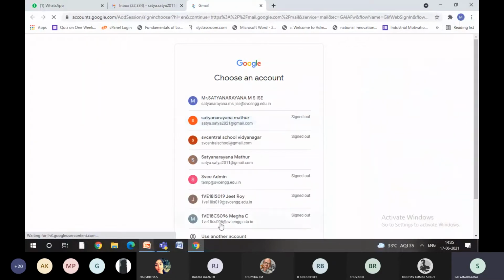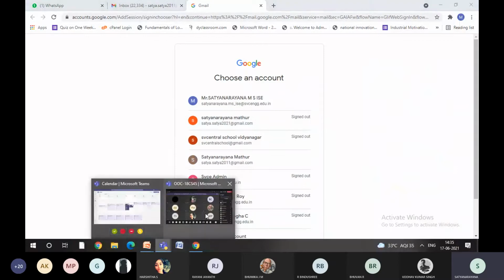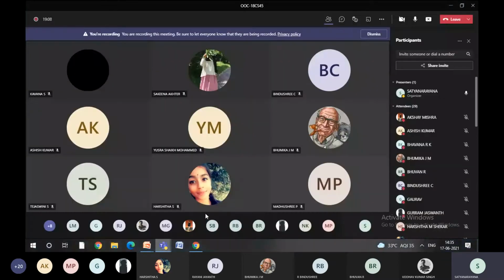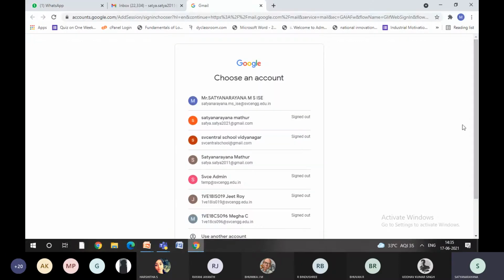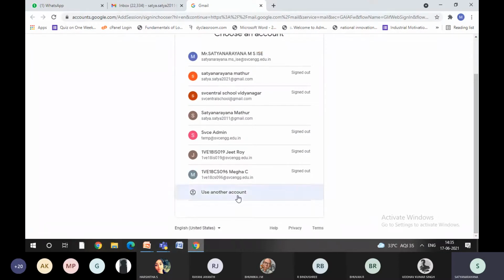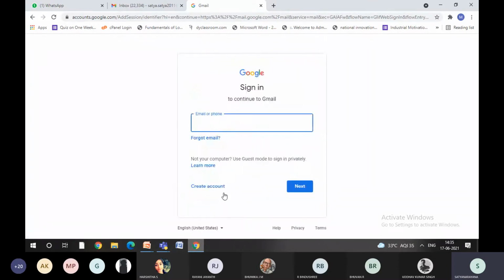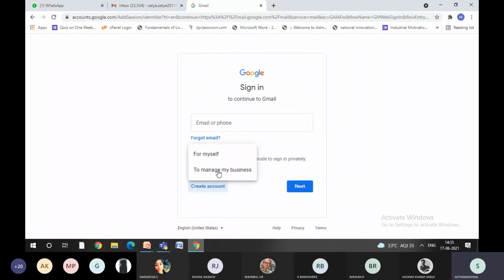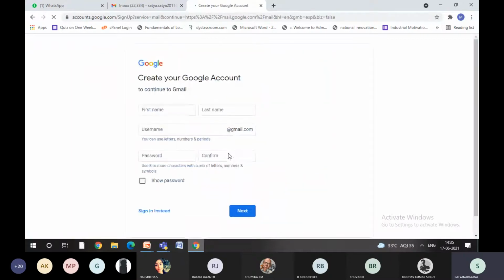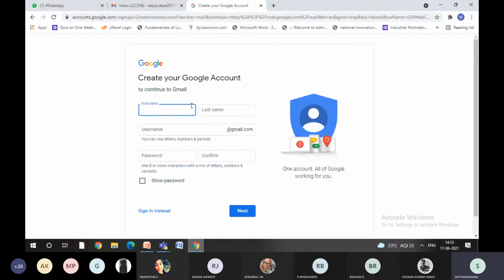So let me just try adding another account. See, exceptions. Again, I am repeating, please don't take exceptions as errors. They are solvable problems in your program. As a good programmer, you need to solve them before releasing the product into the market. That is what every programmer is doing. Now I'll say use another account, then let me go to create an account. I want to create an account.